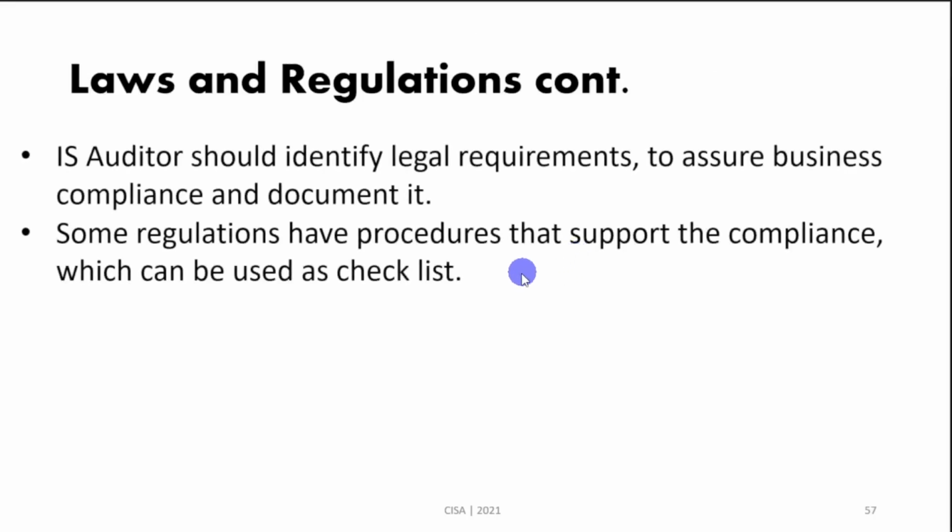So, an IS auditor should identify legal requirements to assure business compliance and document them, to ensure that during the audit mission the requirements of these standards are well met. Some regulations have procedures that support compliance. We can use these procedures as a checklist. For instance, with BCI, as a standard, we have a list of requirements, so we can create a checklist for self-assessment against the BCI requirements